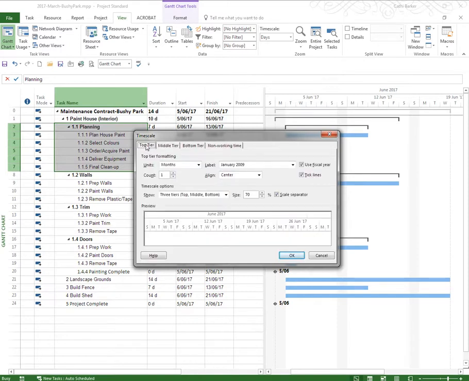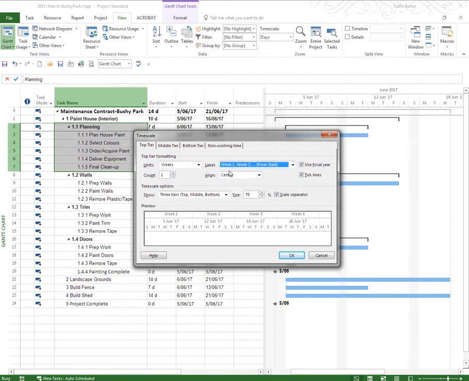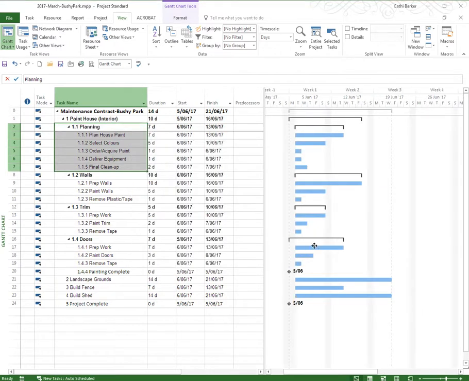And then the top tier actually has lost its label. The top tier also is in months, and it should be weeks. And its label should be week 1, week 2 from start. So that puts that back to being weeks, and then weeks again, but with a different label, and days, and OK. So you have various options to zoom up here in your ribbon, plus down here at the right of your status bar,